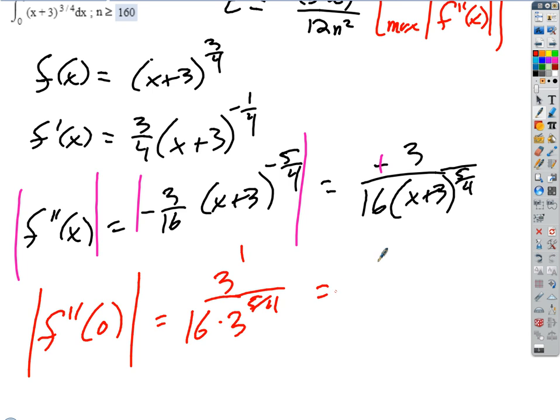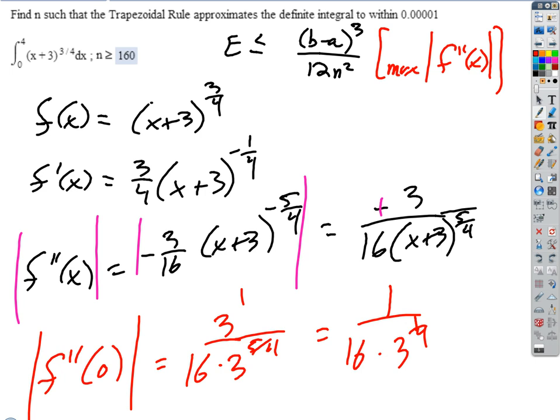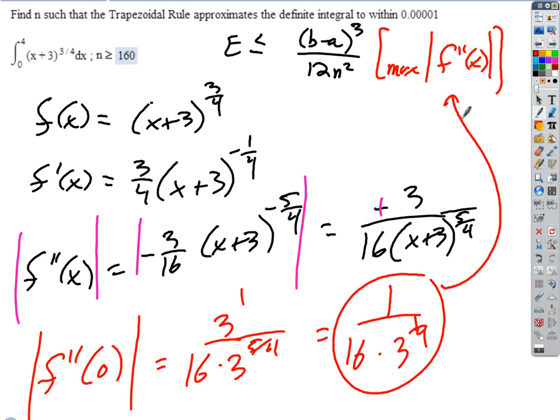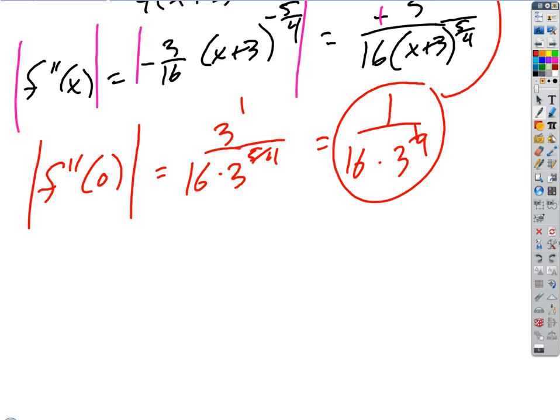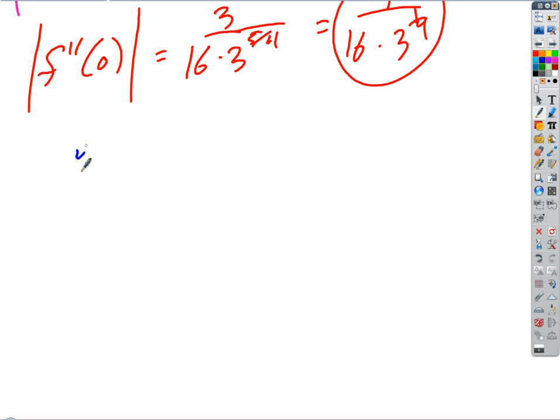Okay, so then we could, if we wanted to, write this as 1 over 16 times 3 to the 1/4. Okay, so we'll just leave it. This is going to go there, right? So then now we just need to solve for n. So if we make the substitutions into this expression, what do we get? So b was, what was it again? 4? So 4 minus 0 cubed over 12n squared times that